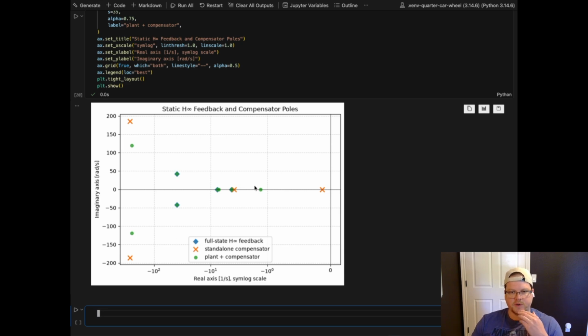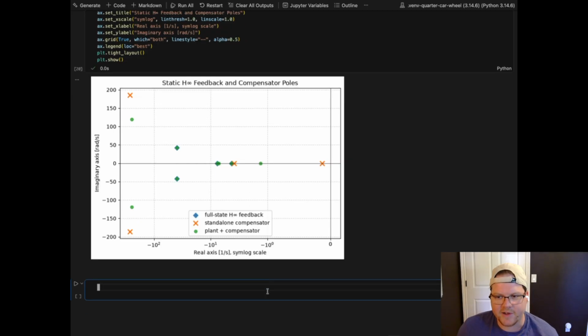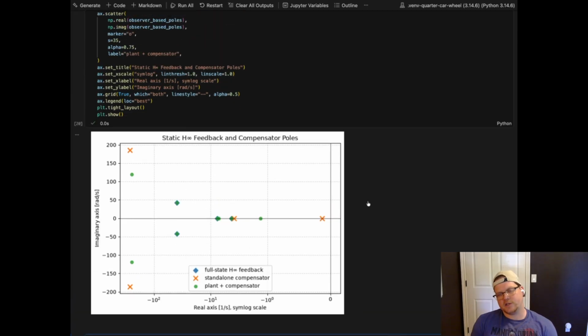So, we have pretty good authority in the left half plane here in terms of stability. And we also have the disturbance rejection based off the worst case disturbance from the road input, and also incorporating noise in the sensing channels now, which is pretty cool. So, and I haven't set it up quite yet, as you can see, but the next part is going to be